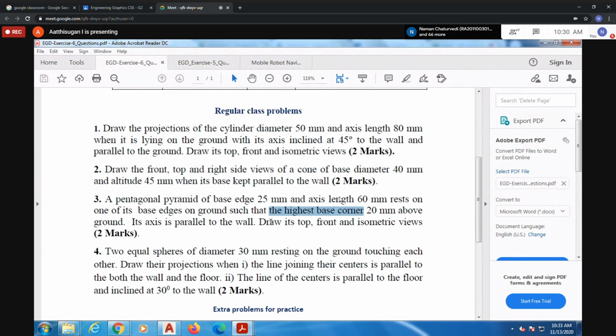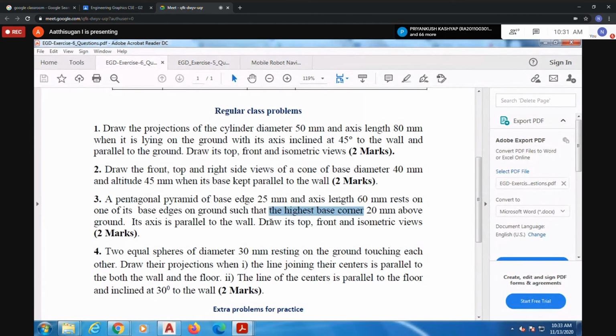Sir, in the first question, I think it will be a rectangle in both front and top view. Yeah, sure, you try. If you find it, very good, I'll appreciate you. First, find the answers. Initially people may tell you that your answer is wrong, but you find the answer.